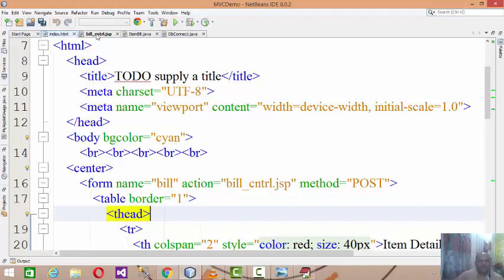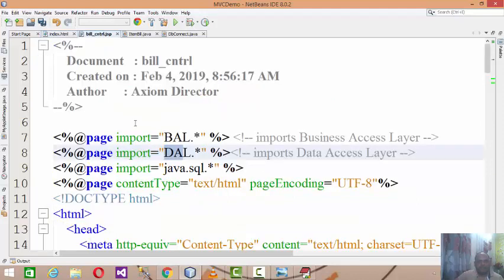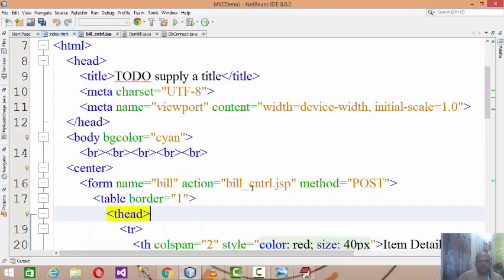Then this bill control is actually the controller which will accept the data and divert that data to the itemBill as well as DBConnect. And index.html will accept the request from the user and then submit that data to the controller. So I'm giving you all these codes related to the interface for inputting data, the controller page, developing the package for BAL and DAL, and then how we manage the database as well.